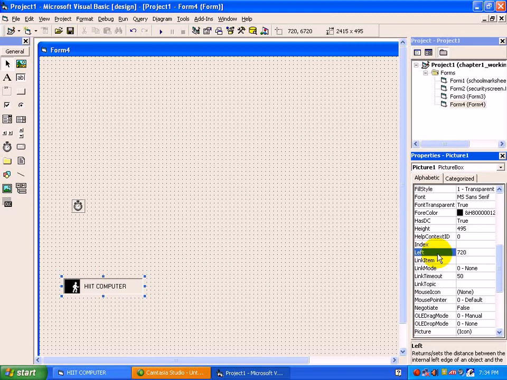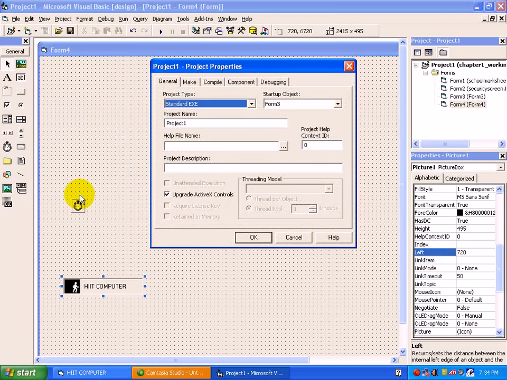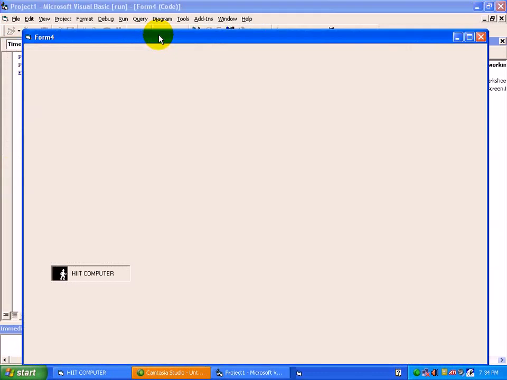We will run this program, but before running it we have to change the startup object. Move to project1 properties and set form4, press OK. Now if you run the program, see, start.